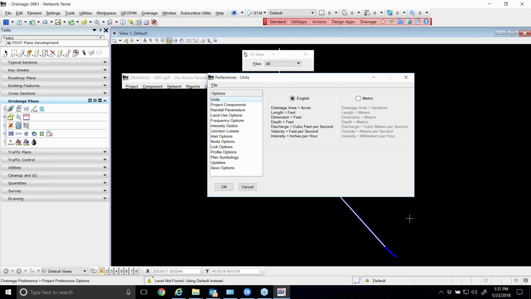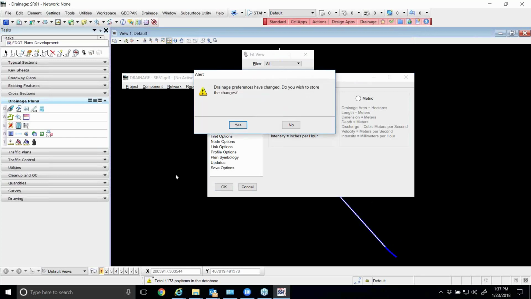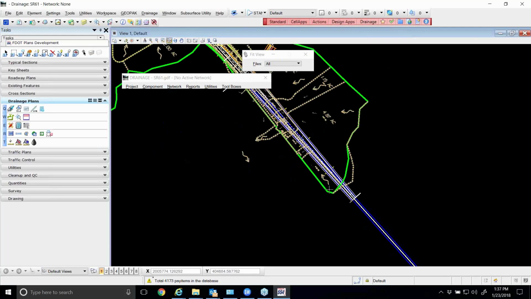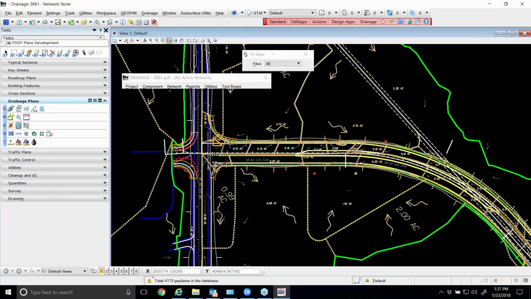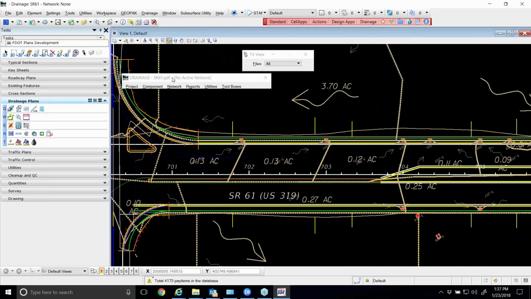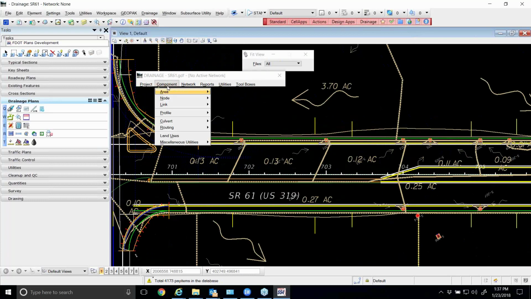So we'll open the preferences, click OK. It should say the preferences have changed, and we'll click yes to save the changes. And that should be fine now. All right, so if you wanted to take a look at the completed nodes, we can go here to Component,